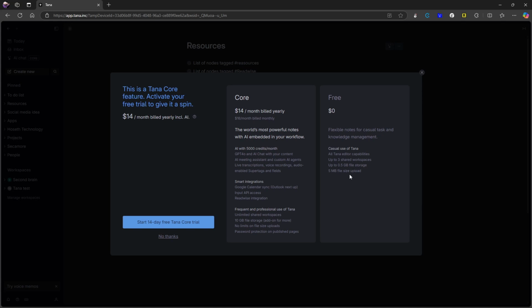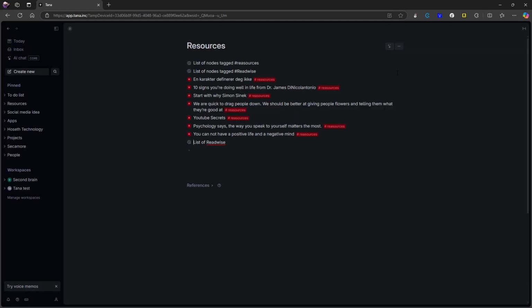Max file upload size is 5 megabytes. So you get a lot of AI things, which makes it worth it. And I think relying heavily on AI is the right way to go. You don't have to be a rocket scientist to understand that AI is the future. But I like the fact that they did that so early, and the fact that they built this as